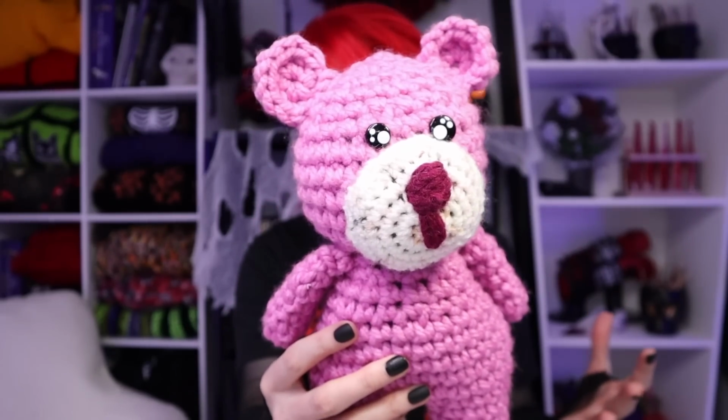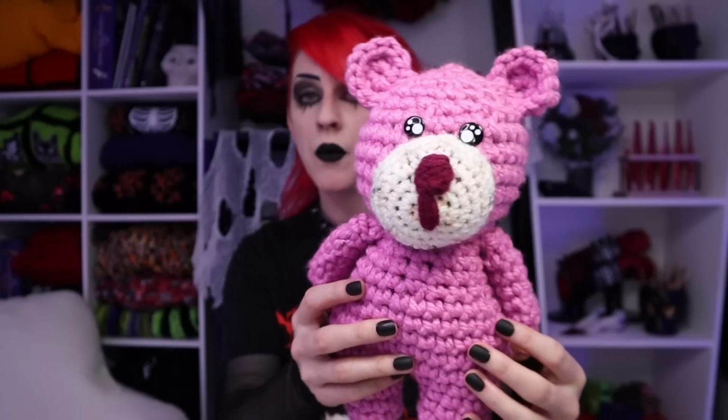So I think officially after I do the heart, I will have used every bit of yarn that's in here. Every color that was in the bag will be on the Scare Bear. Little tail on the back, because it really